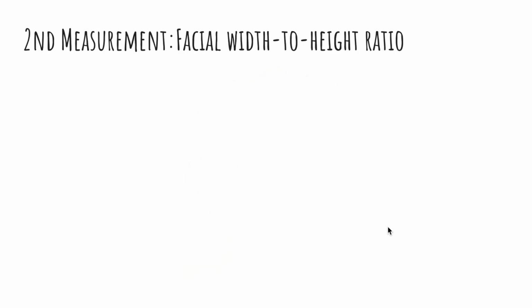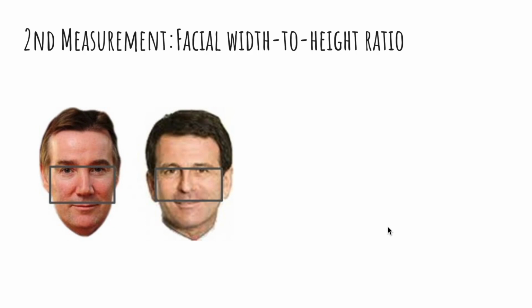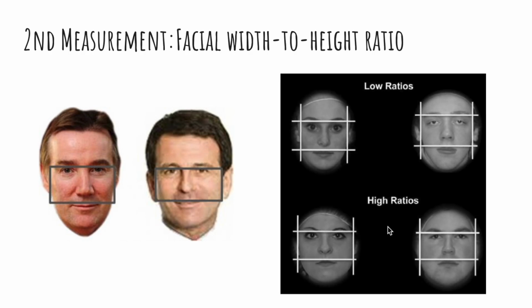The second measurement the experiment has is called the facial width to height ratio. It is kind of hard to explain with words, so we just take a look at a picture. Basically, you can draw a rectangular box on your face, and this box measures the ratio of the width of your face to the height of your face. As the example shown right here,